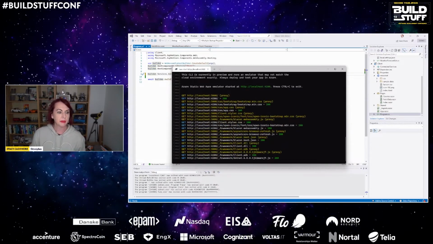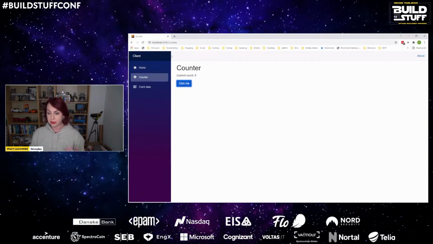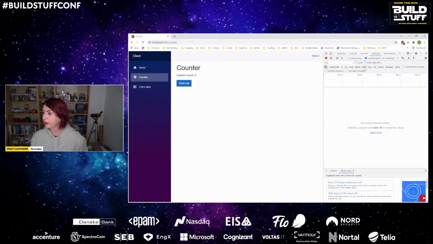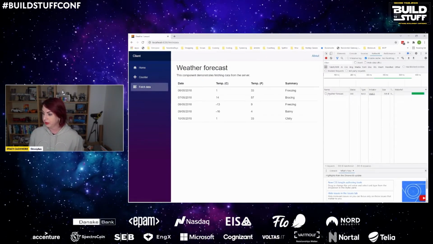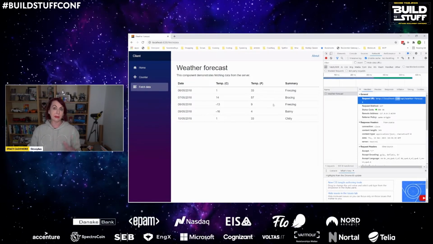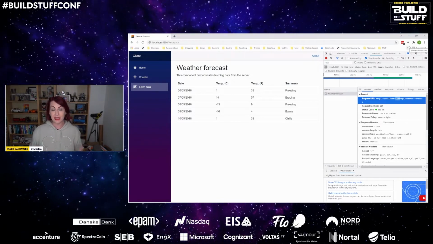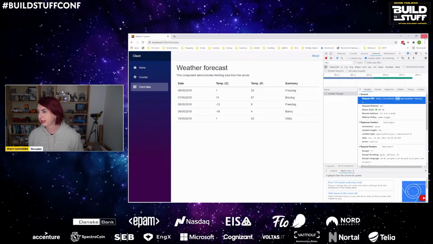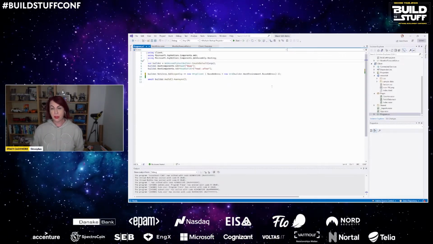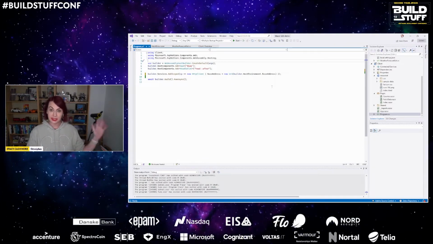Now I'm going to bring this across from the other screen where it loaded. We have exactly the same page as before, only now we're running on 4280. And again, if we open our network tab, this is where the magic happens. This weather forecast data is now coming from 4280. We have that local proxy in order to make sure that we're running on the same URL for the API and the front end. Now, the static web app CLI can do far, far more than just this, but that is an entire talk on its own. So we're going to leave that there.